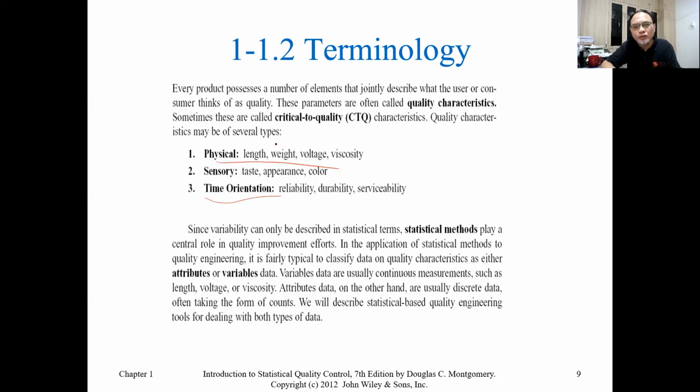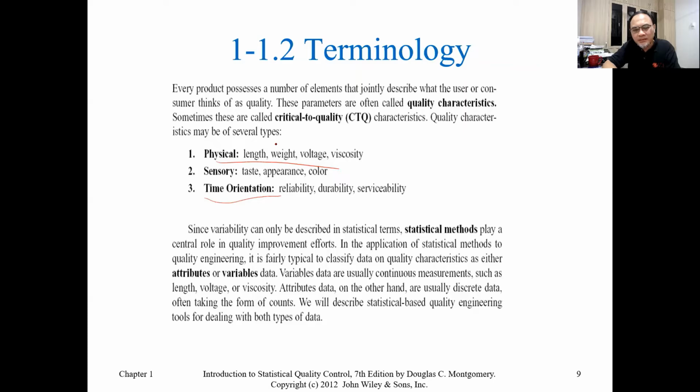All this constitutes measurable quality characteristics. By measurable, I mean there are units that you can measure, or even, for example, taste, you can give a ranking of 1 to 5, a Likert scale, so this is still a measure. Appearance. And time orientation, we talk about reliability, durability, serviceability. Again, I repeat, mean time to failure, mean time between failures, all this can be measured. There are reliability models, the Weibull distribution, the exponential distribution, that